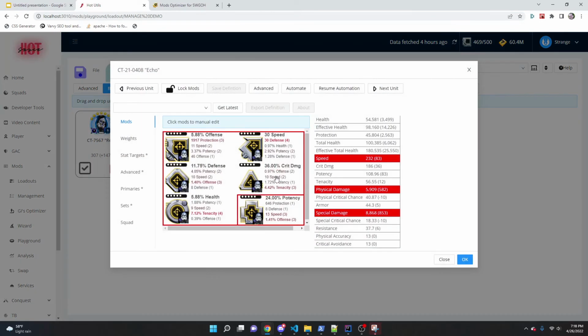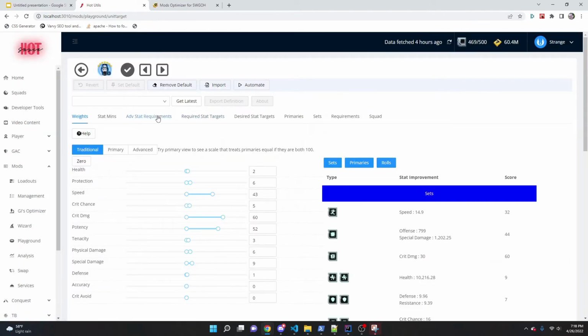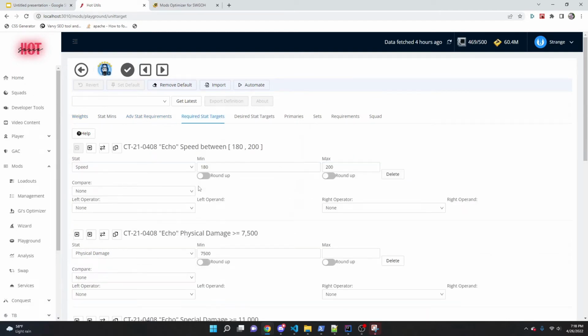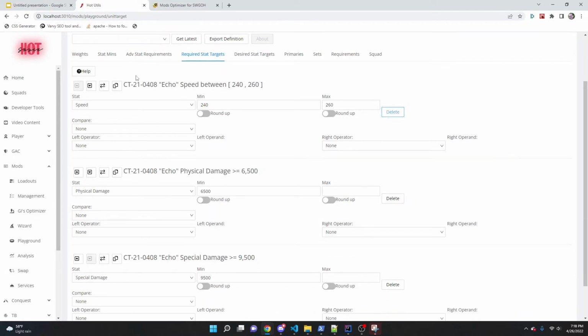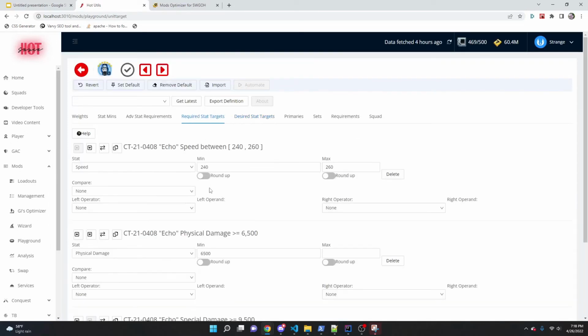How would I do that? I just come in here, go into advanced, required stat targets, and find the one that I wanted. Let's say I wanted the fast echo. So I probably delete this one, and I delete this one, and maybe this one, and I'd leave the requirement for speed and damage here, and that might be good. I can go ahead and click OK,